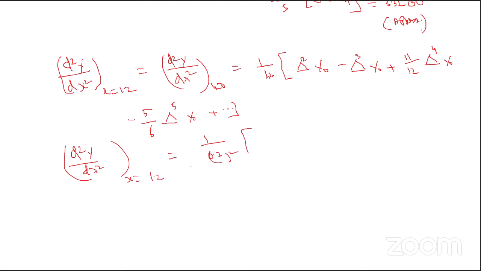So delta square y naught is 0.1627, minus delta cube y naught, 0.0361, plus 11 by 12 delta to the power of 4, that means 0.0080,